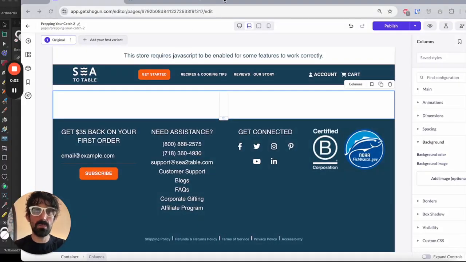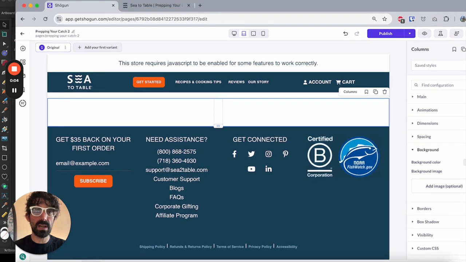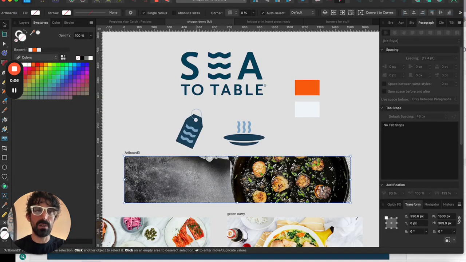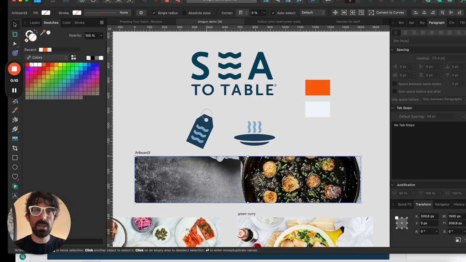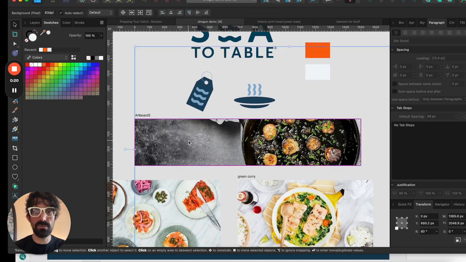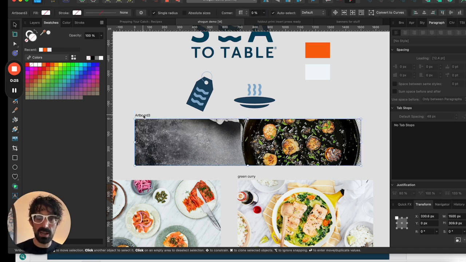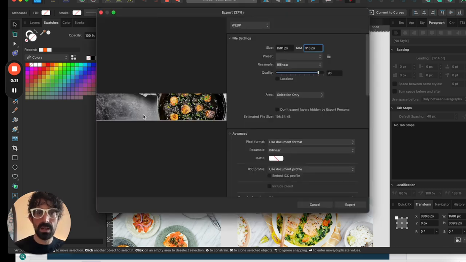Okay, now I'm going to jump over to an app that I use for vector illustration. It's called Affinity Designer. It's essentially Adobe Illustrator. You can use anything here that you are comfortable with. Maybe it's Canva, maybe it's Adobe Illustrator. I happen to like Affinity Designer. But what I'm doing here is taking this photo of our scallops, cropping it down to an image that I want to fit the space at the top of the page, and then I'm going to export that as a